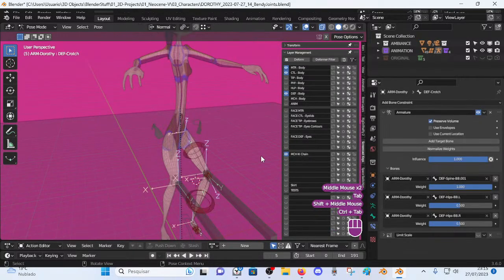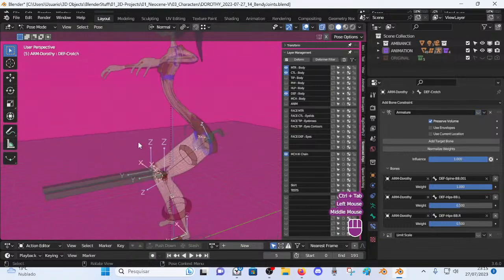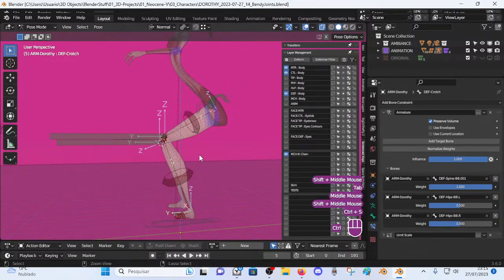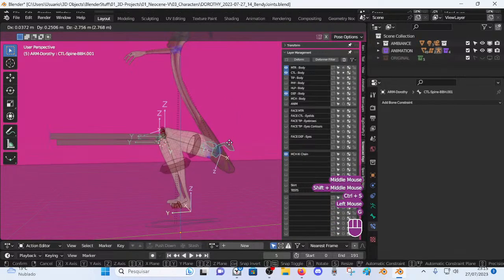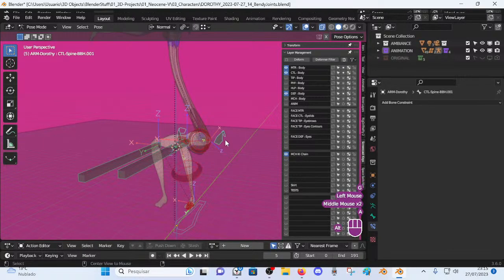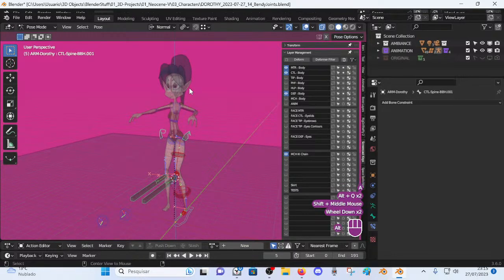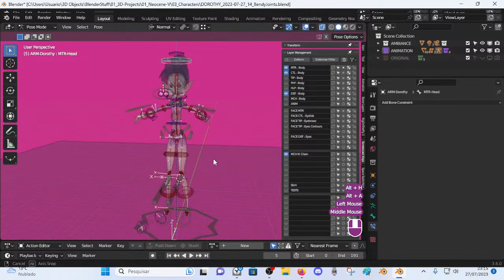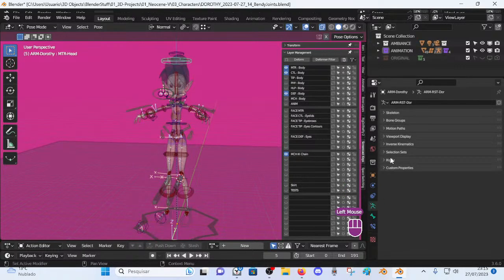And if I can't figure it out, I should just avoid using this bone constraint. Okay, so here it's still deforming badly, so this stretching shouldn't be occurring first of all, so let's also keep this bone in our selection sets,